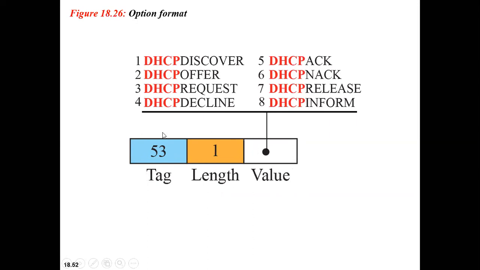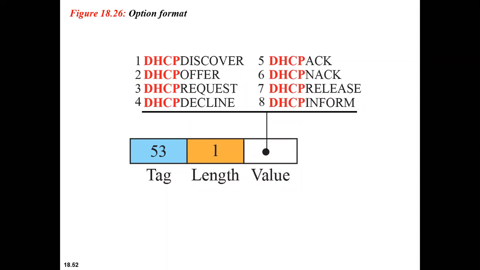So when are we using this option field? The server uses a number called the magic cookie, in the format of an IP address, say 99.130.83 or something like this. When the client finishes reading the message, it looks for this magic cookie. If present, the next 60 bytes are options.